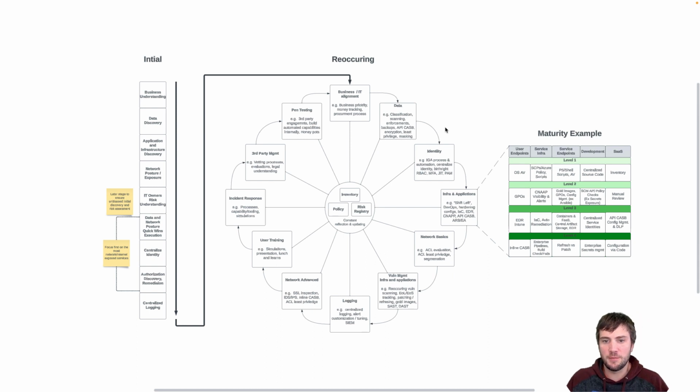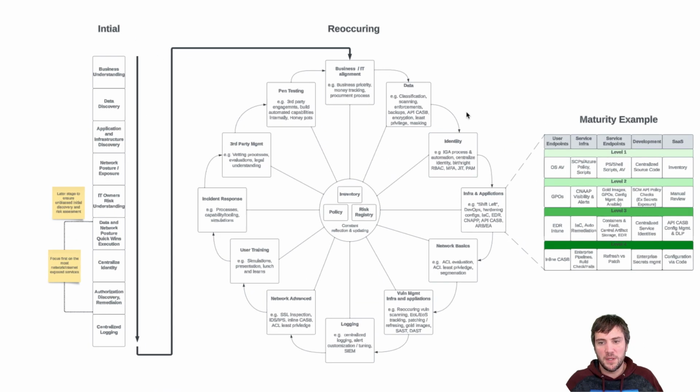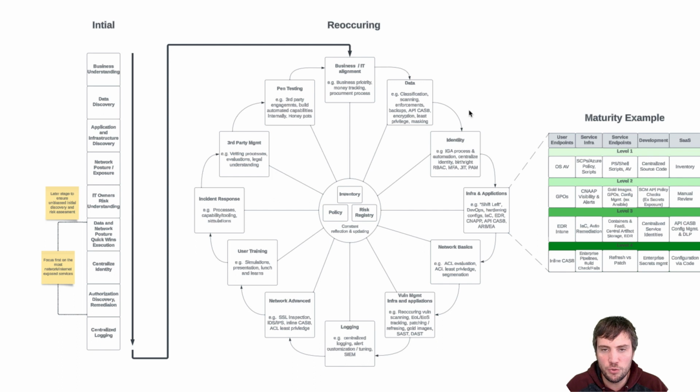Today, I'm going to be breaking down a depiction I made of a security process. I was asked a question: if you came into an environment and I asked you to get security under control as a security architect, how would you go about doing that? I really broke it up into an initial plan and then a recurring plan that was coupled with a maturity example. So just to quickly walk through it, from an initial standpoint, I think it's super critical to